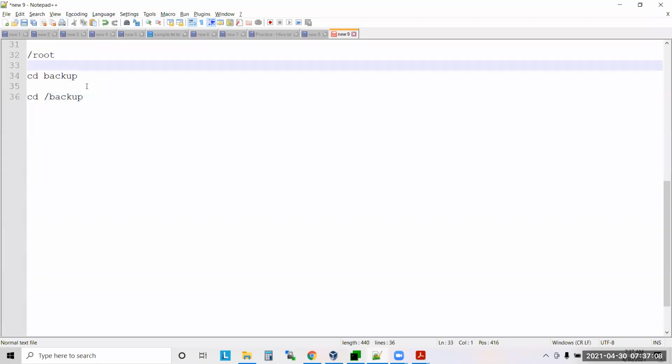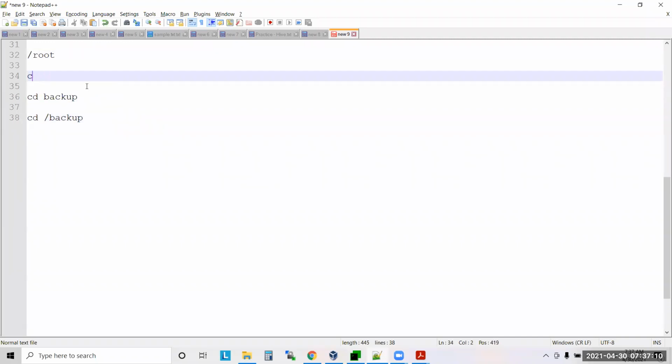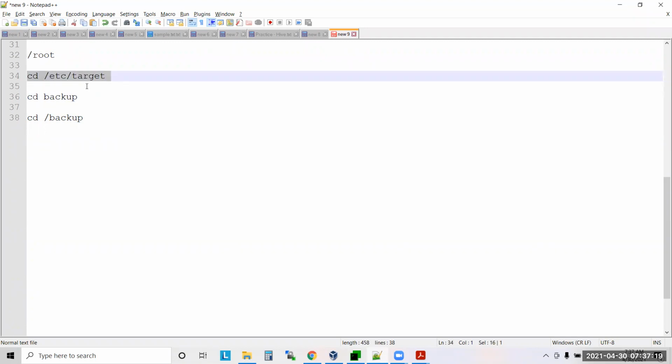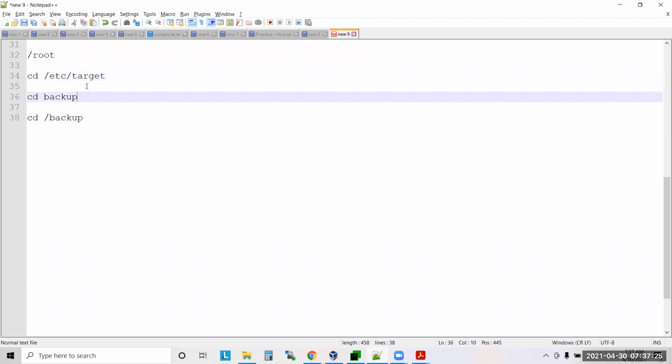Let's say you are in cd etc, target. When you run this command, what will happen? You will go to the target directory. Now cd backup, then what will it do?